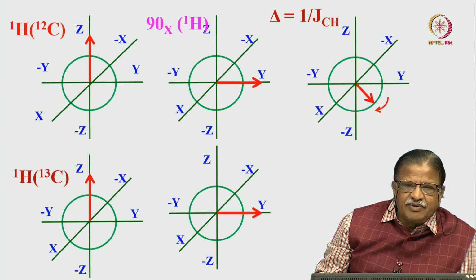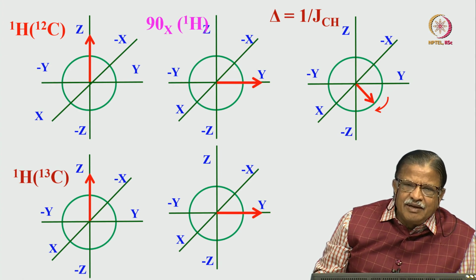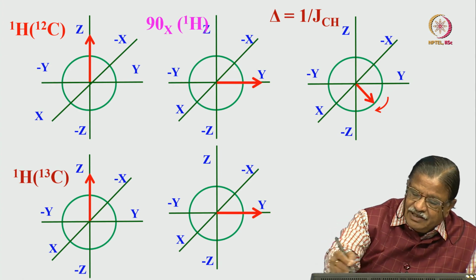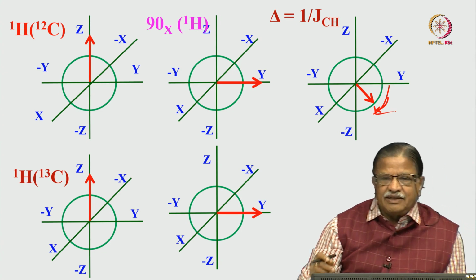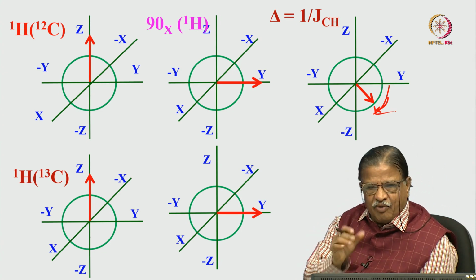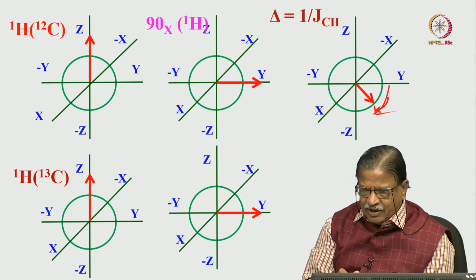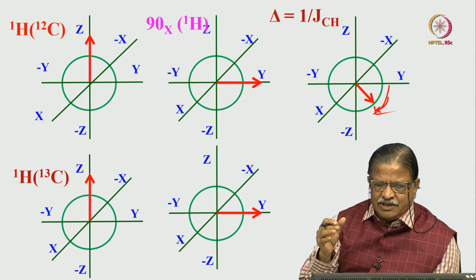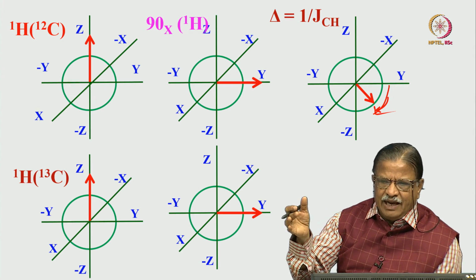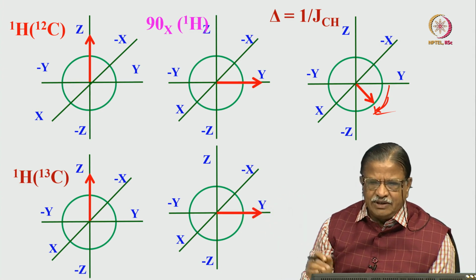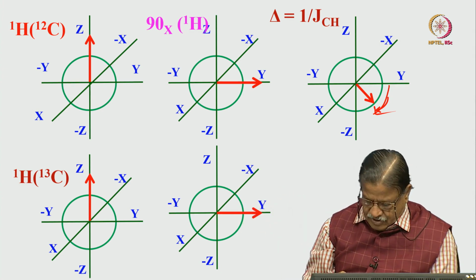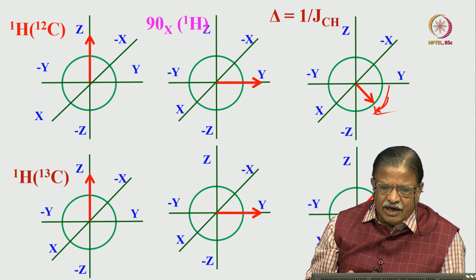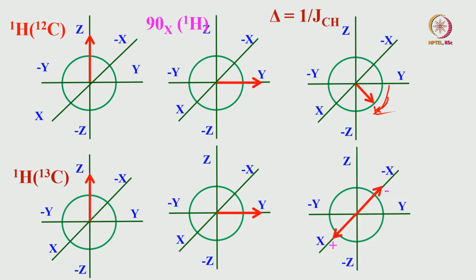Here the trick comes. What happens? This magnetization starts moving by a certain angle. We know how much it moves, and we know how to calculate it. Theta is equal to how much it precesses, given by theta equals pi times delay times J, that we know. So we apply this, and you see that this starts moving like this; it is a single component vector,